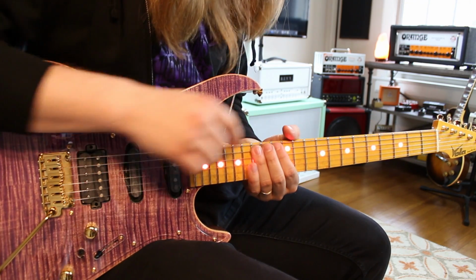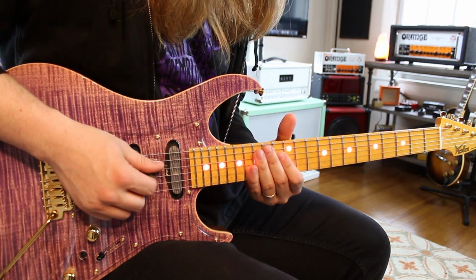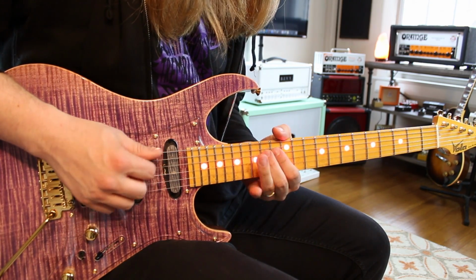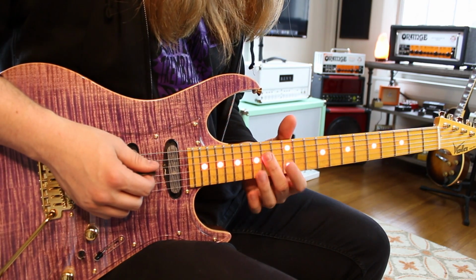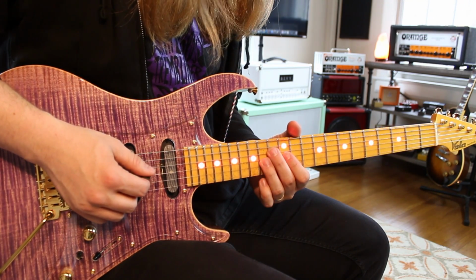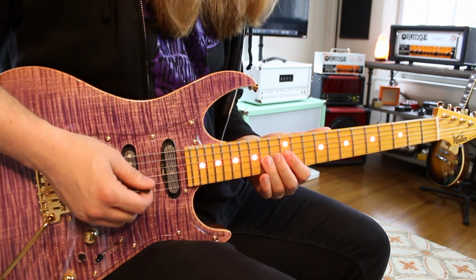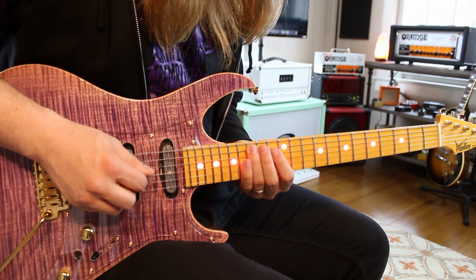Now, what's happening here is I'm going to start on 15 on the A string. That's our minor 6. And you're going to go 13, 14 on the D. So down, up, hammer, hammer. Now, the tricky part is we've got to shift back on the D to 13. So you're going to go 13, 12, 14. And the reason why is because I really want to get some of these signature harmonic minor notes. So we have...